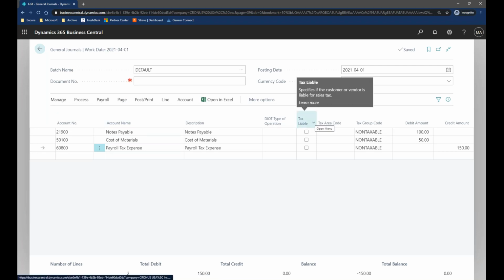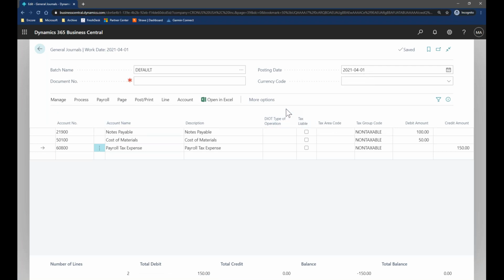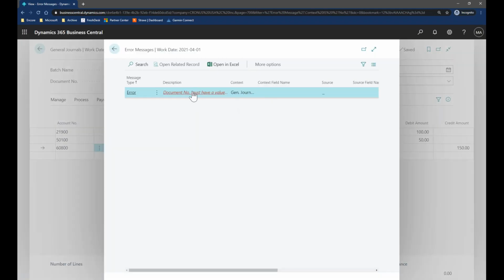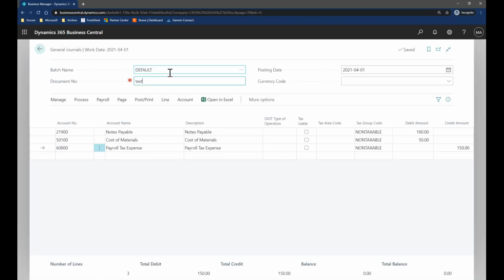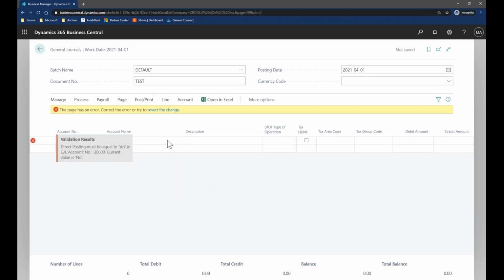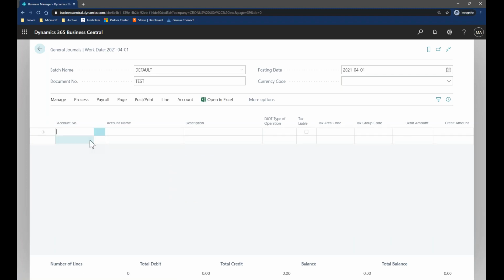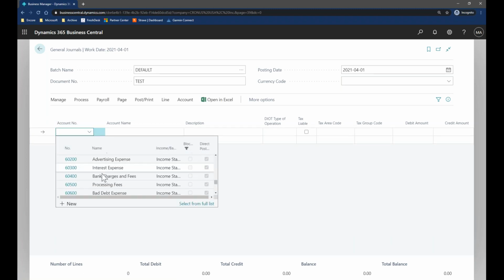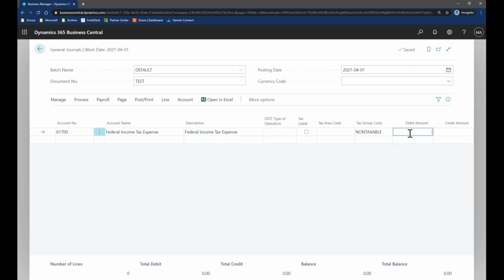Okay, so once you enter your journal, the recommended next step is to do a preview. So if I go to post and preview posting, this is a good thing to always do because it'll show any errors with your entry. So if there's anything that's missing, any required fields that are missing, it'll show you in this error log. So you can see that the document number is missing. So I'll just put one here. Oh, it cleared it out. Yeah, so it's a good idea to put that first because then once you enter a new one, it will clear the entry. If I just enter that again,